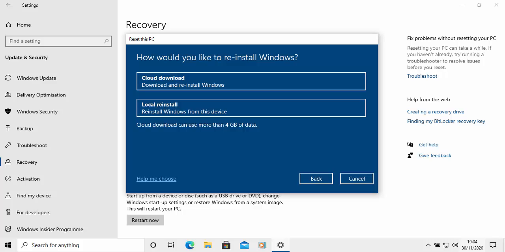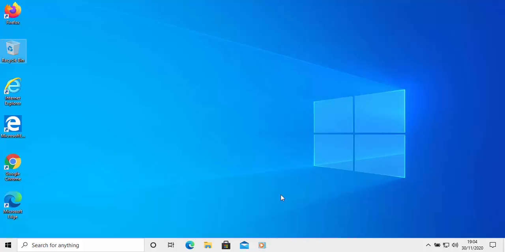I'm often asked when resetting Windows 10, which option should I use to reinstall Windows? Well, let's just have a look and see what options we've got. So let's go from the top. So to reset Windows, now this is if you've got problems with your PC, or if you're selling your PC